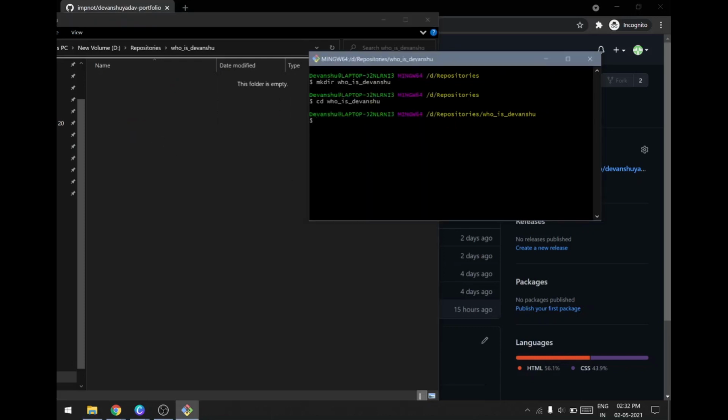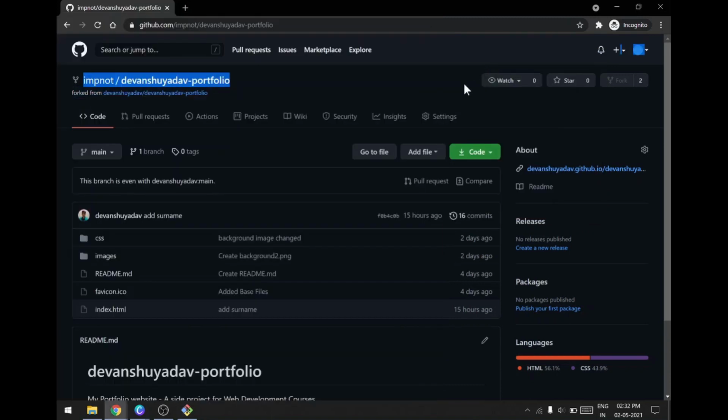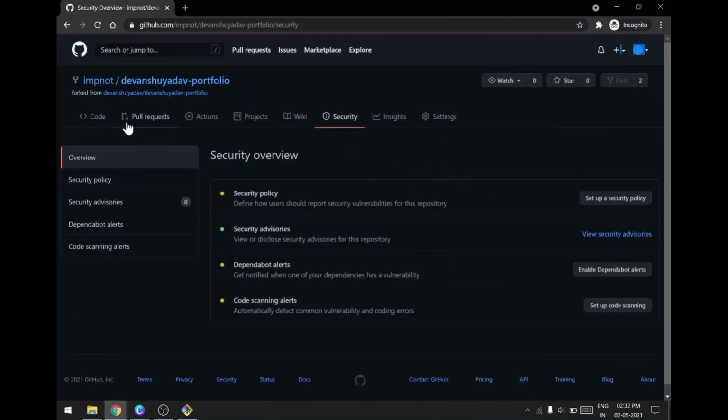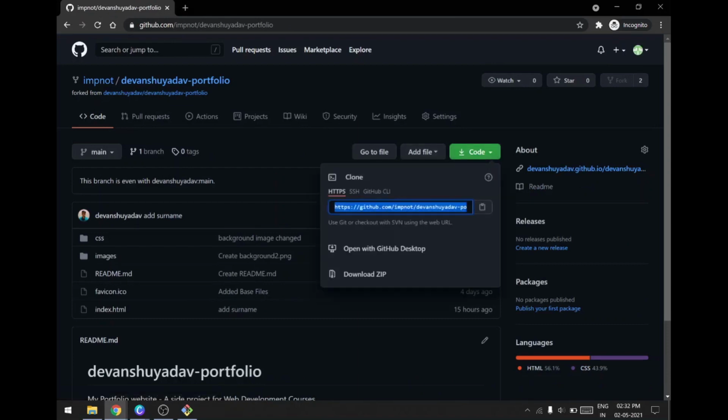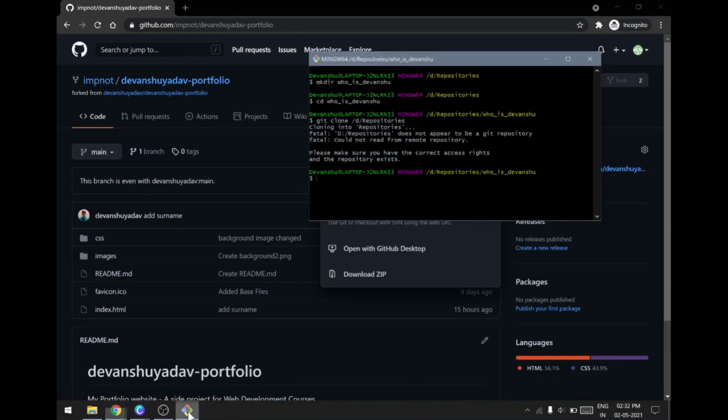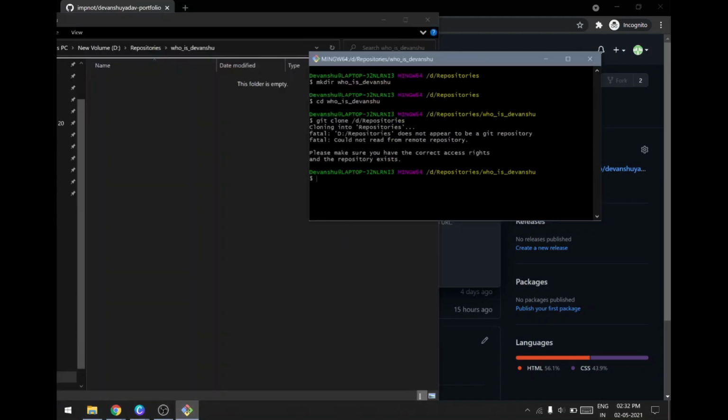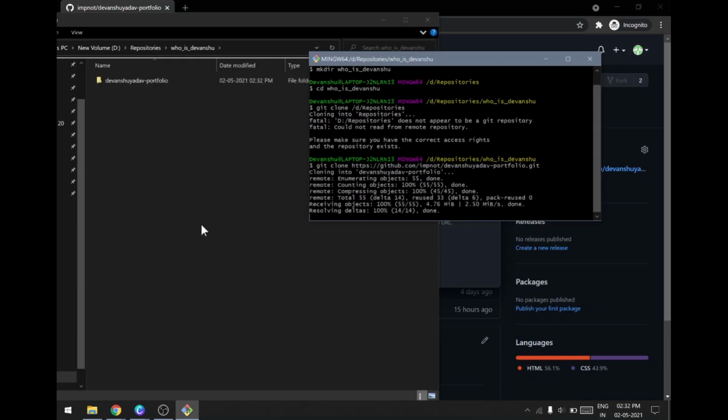So inside this folder, I'll use the command git clone and I'll paste the link. Okay, one second. Let me just copy it again. Right, I'll just git clone, enter, and it's done.